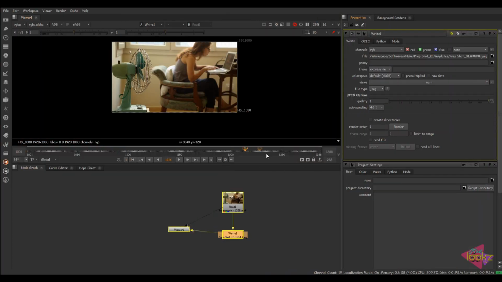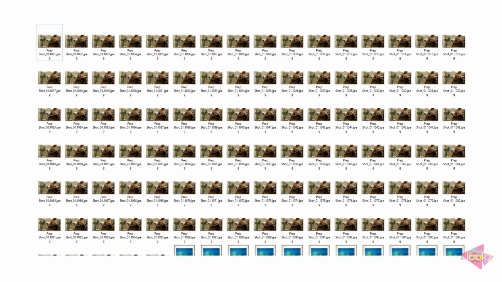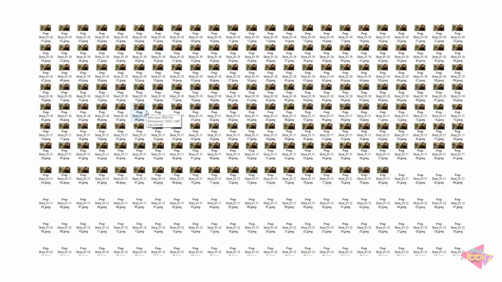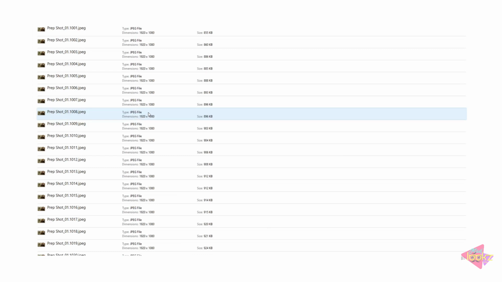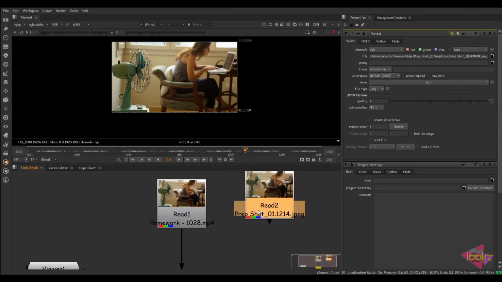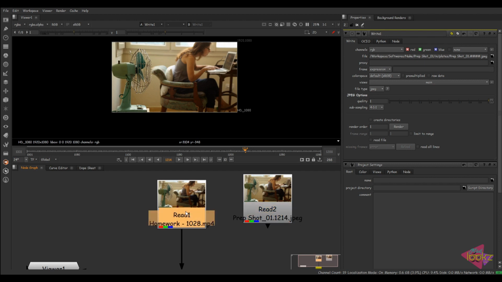Now the MP4 is rendered, and we have the JPEG sequences here. You can see inside plates there is a sequence of frames, 288 frames with the HD resolution. You can check that in the JPEG folder. Also you can check the file resolution as well. Now we have the JPEG plates inside Nuke, and also we have the QT, that is MP4, inside Nuke.